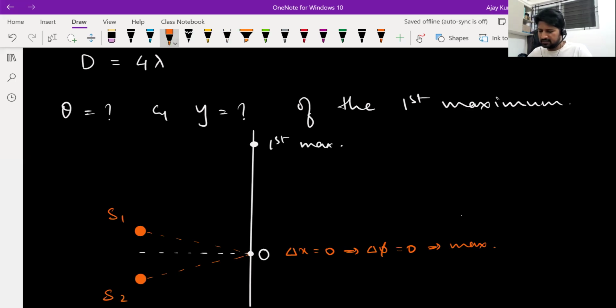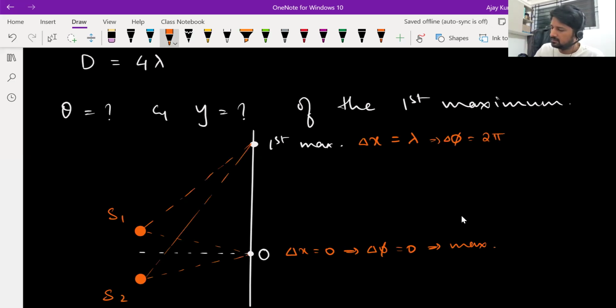Obviously, the waves arriving there travel different distances, so they arrive there with some path difference. For constructive interference to happen, the path difference should be lambda. Then the phase difference will be 2 pi, which will again correspond to a maximum. That is what we call the first maximum. You need to understand how these maxima and minima are forming. What I asked you to calculate in this problem is this distance